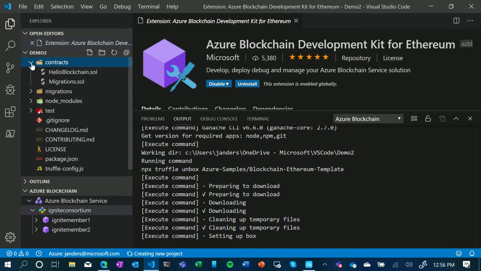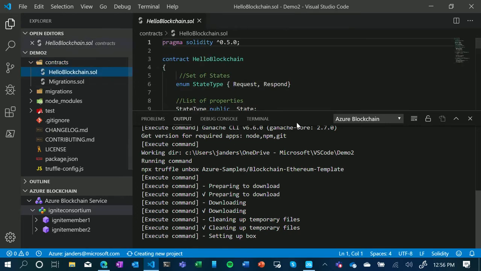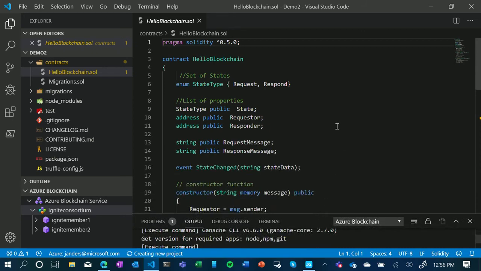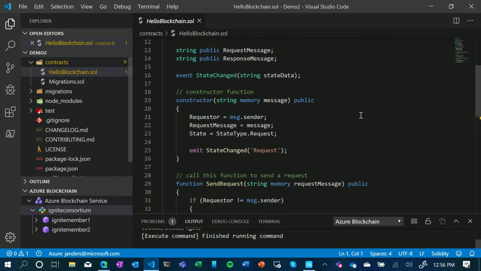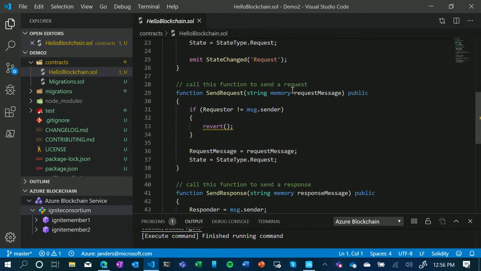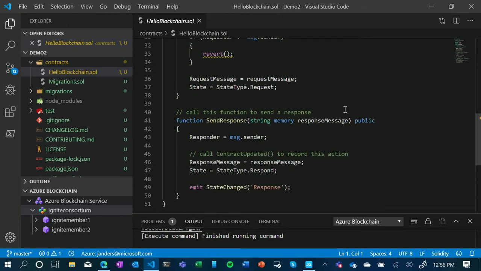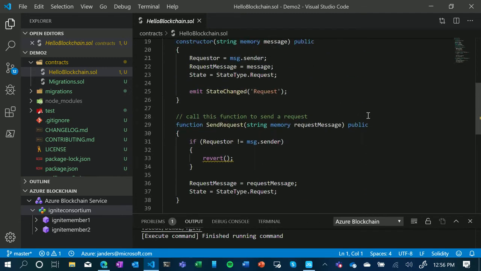So let's take a look at those real quick. Here's the Hello Blockchain Solidity file specifically that we're going to work with today. This is a very simple app. There are basically two functions: a send request and a send response. In fact, for this demo we're just going to do the send request.